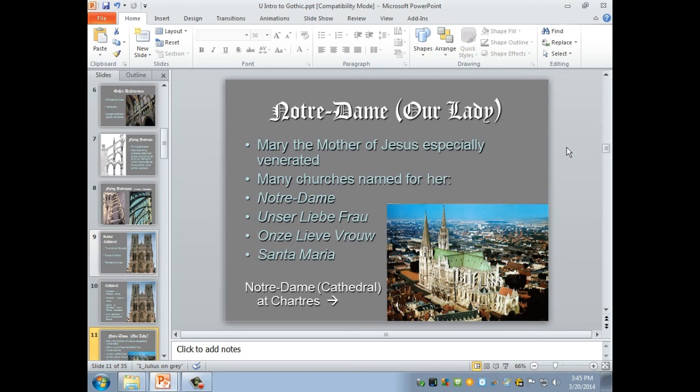But generally, when we're talking about this in class, and you're talking about Notre Dame de Chartres, which you see here in the picture, this aerial view of Notre Dame, or the cathedral at Chartres, we'll refer to them both as Notre Dame and as the cathedral. Or you could say Notre Dame de Paris, Our Lady of Paris. And a lot of people say that. They'll say Notre Dame and expect you to know which church they mean.